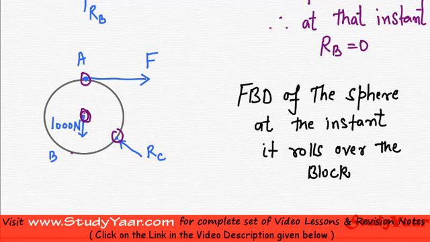If we take this point, we are going to get an expression with F and RC. If we apply at this point, we are going to get an expression with RC and this 1000 newtons, so we would be able to find out RC. And if we apply at this point, we are going to get an expression with F equating something to 1000 newtons, so we would be able to find